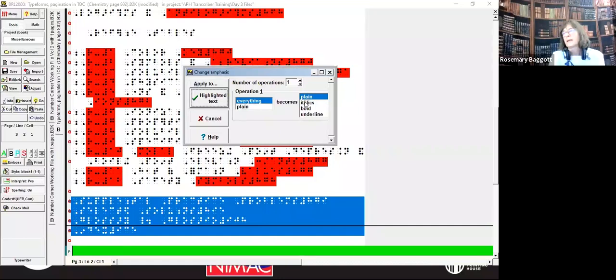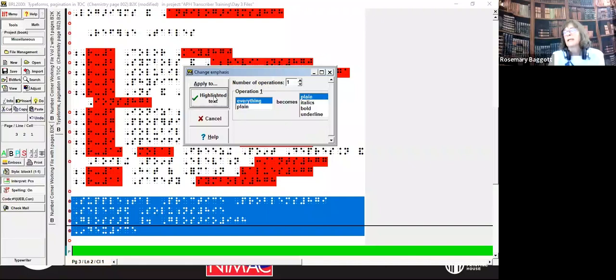I could make everything italicized, bolded, or underlined, but then you have to go back and edit that because depending on how the file is imported, you could have passage indicators where you need to have word indicators and vice versa. So for taking a whole section that's in bold type or italics and you don't want that type there, this is pretty easy.